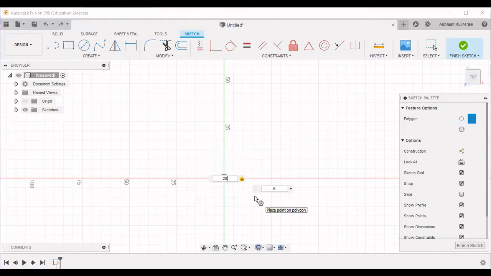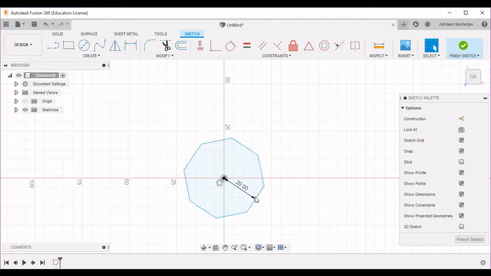Let's say we select 20, and for sides, how many sides of the polygon we want? Let's say we want 8 sides and click enter. So there we have it. The radius of this circle would be 20, around which this polygon is being made, and there are 8 sides. Okay.